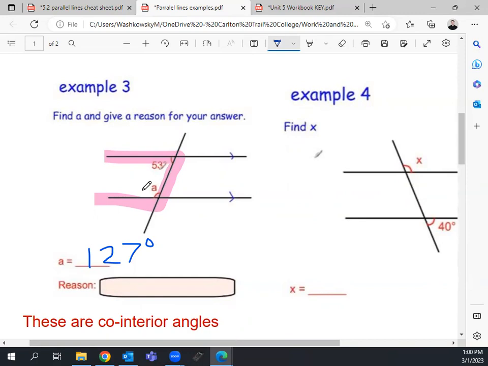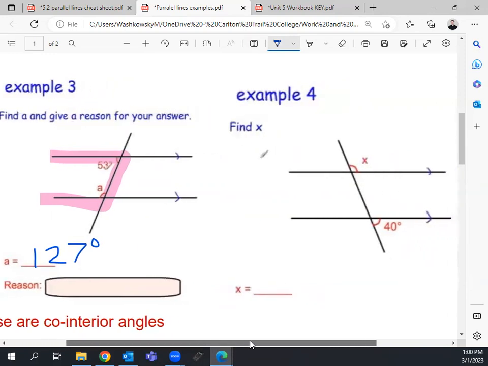So now we're going to stop giving reasons. Now we just need to think about the reasons in our head. You don't actually need to state them anymore from what we're doing. You just need to actually find the angles now, because that's the primary skill. We need to be able to find the angles. So for example, 4 here,